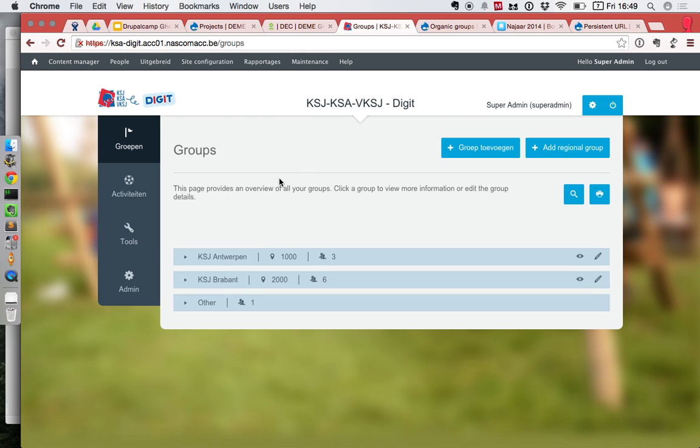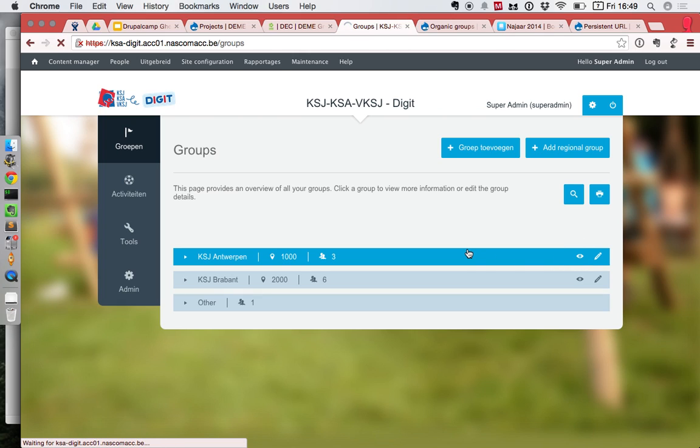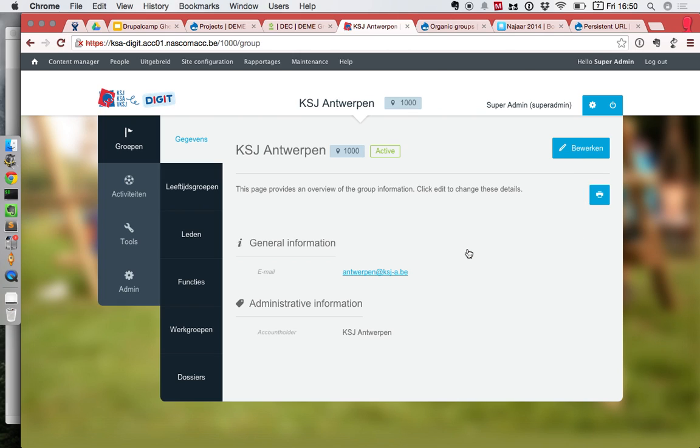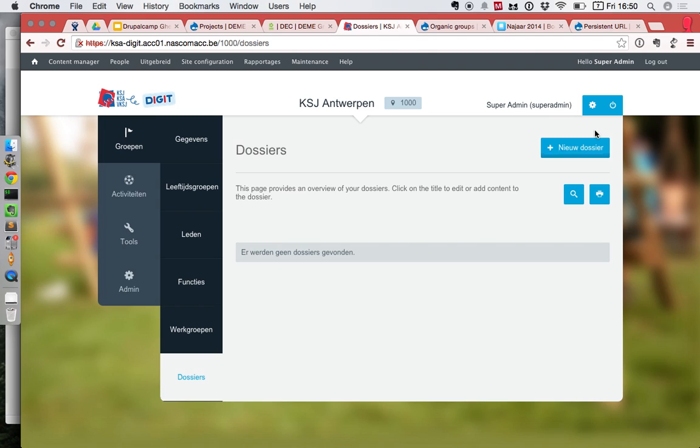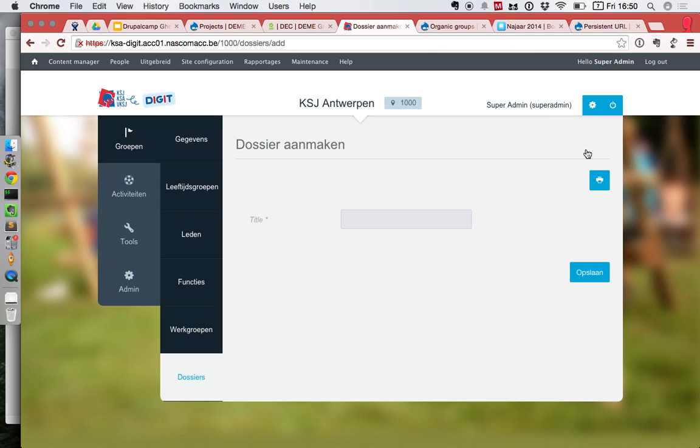For example, in KSA, we made our own simple buttons that explain whatever it is they're doing, but these are features that are only accessible by the high level people within the organization. Once you're within the context of a group, all content is automatically linked to that group because we know which group is active. This is either done in our code if it's something that we custom build, or if it's a basic entity like the dossiers,